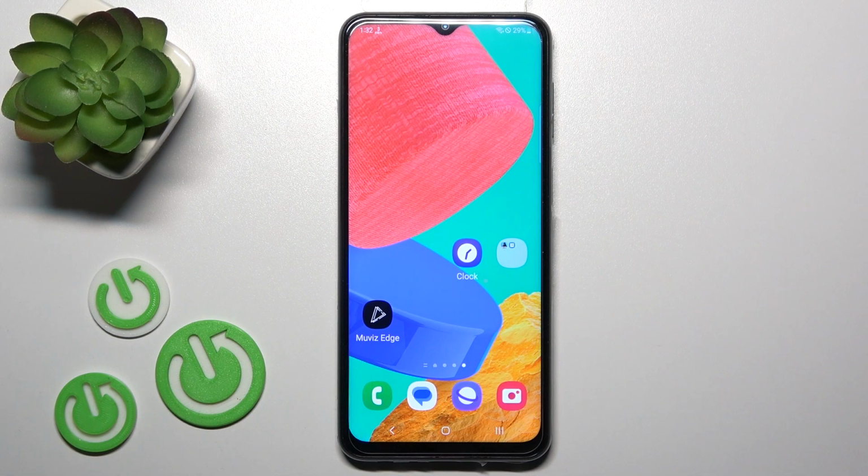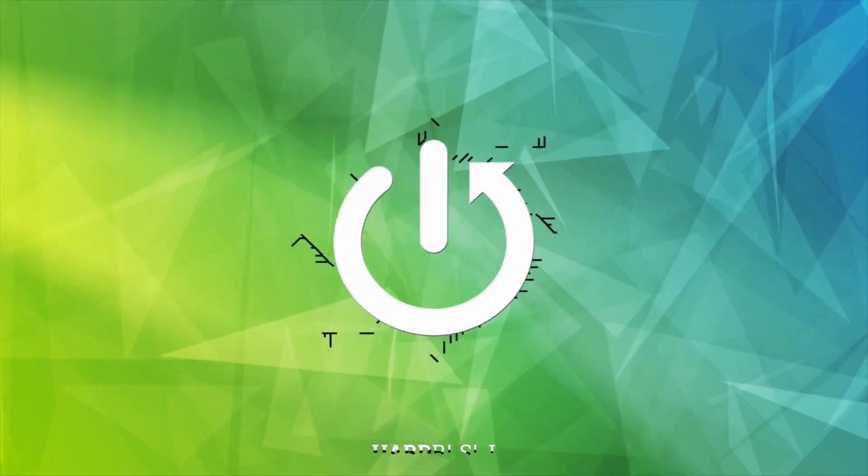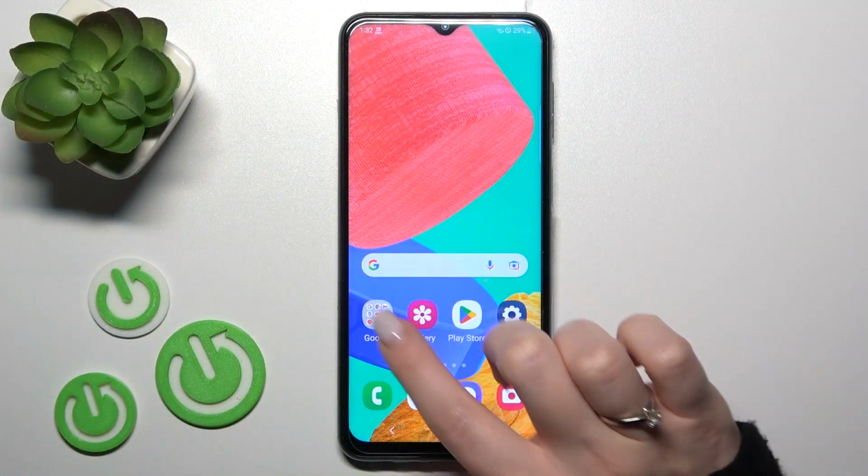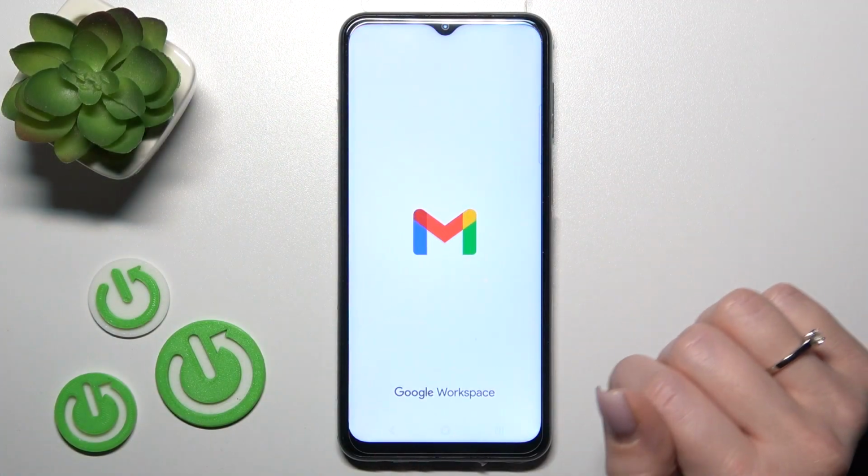Hi, today in front of me is a Samsung Galaxy M33 and I'll show you how to log out from a Gmail account on that device. So first, let's launch the Gmail application,